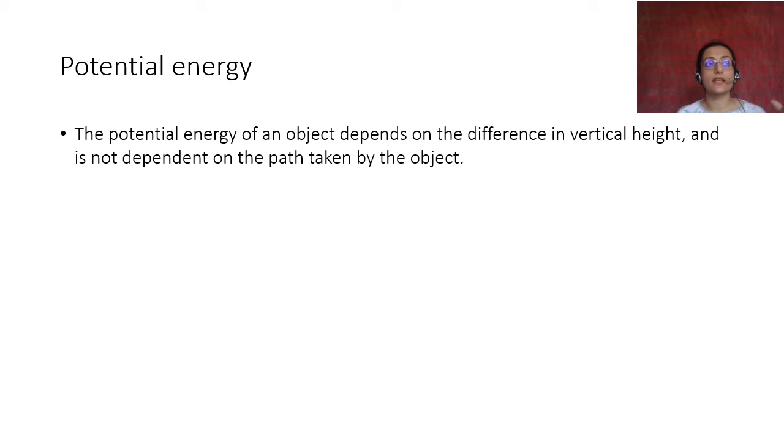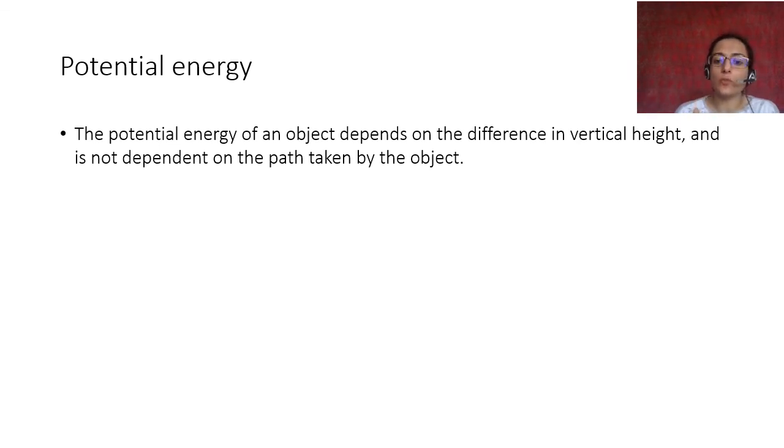Remember that we did this activity when we were talking about kinetic energy. We talked about that activity. We didn't do it, but if you raise a certain object to a certain point and let it go, it will create a higher displacement in the sand. I explained it to you in terms of momentum. But in this case, when you take it to a greater height, you give it a greater potential energy, which ensures that it has a greater kinetic energy and therefore a greater momentum, which will cause that sand to get displaced further.